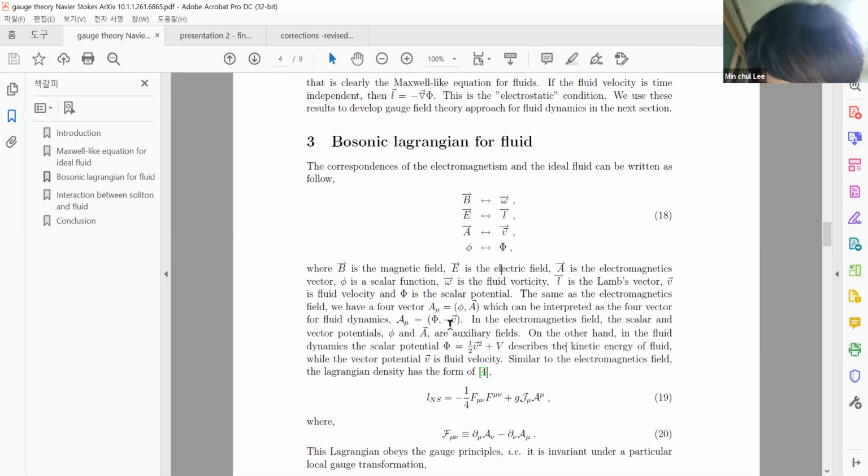Yes, by using the second derivative of A, using the quadratic term of A, I'm able to impose some symmetry on the Lagrangian, and that is called the gauge symmetry, and that is called the gauge theory. And it is a framework that is very well known in quantum field theory.